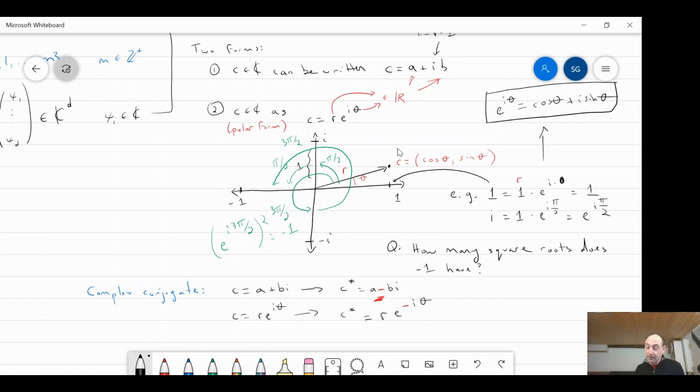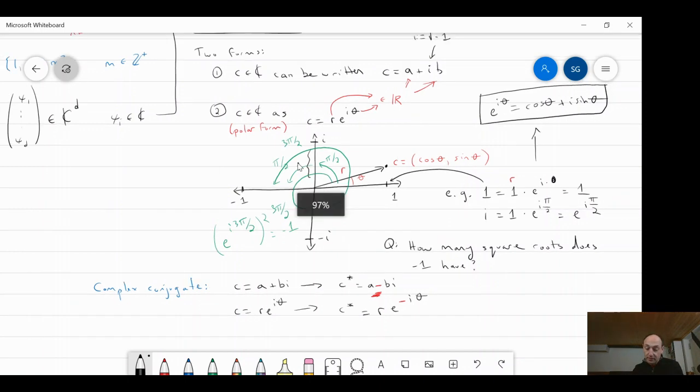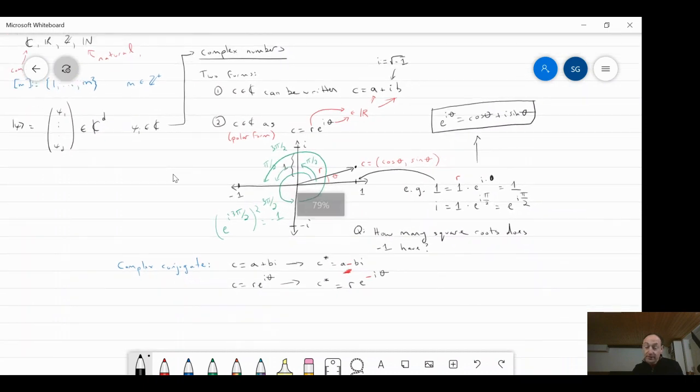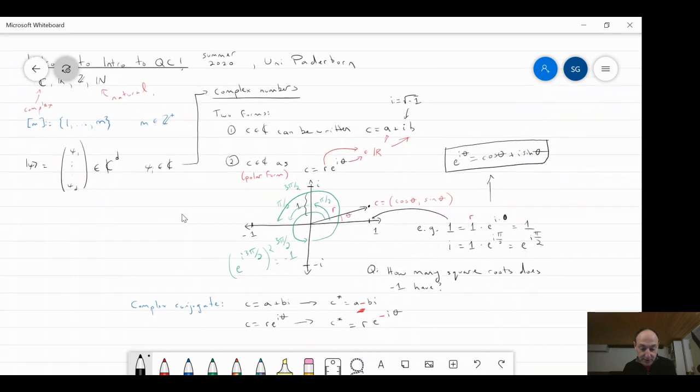Okay, so that's my brief detour into complex numbers for you. I'll do one exercise in a second. We'll be talking about complex numbers throughout this course, so if you haven't seen them before, that's completely fine. But do certainly spend a bit of time thinking about them. And again, the exercises for week 1 will help you do that.